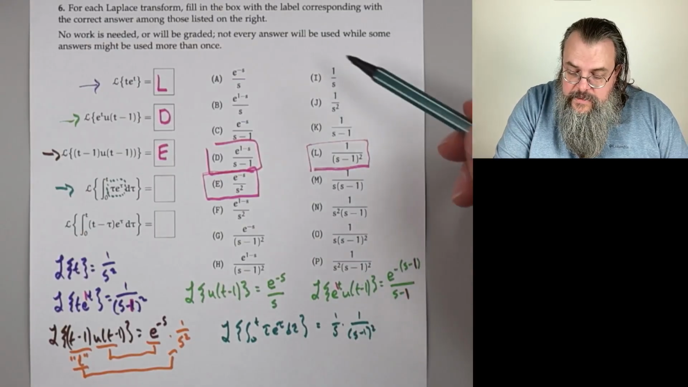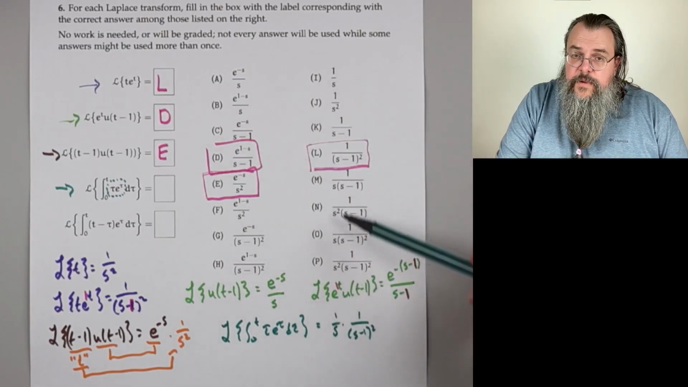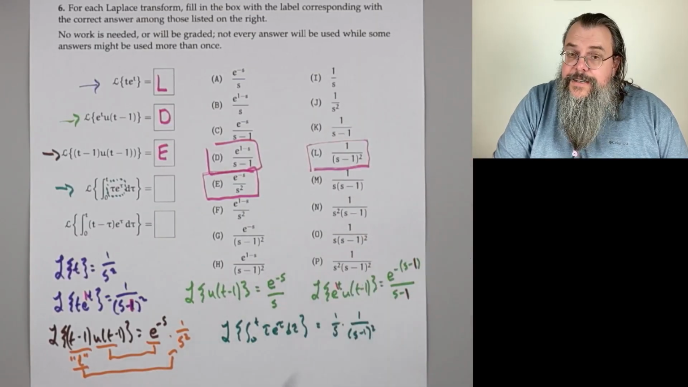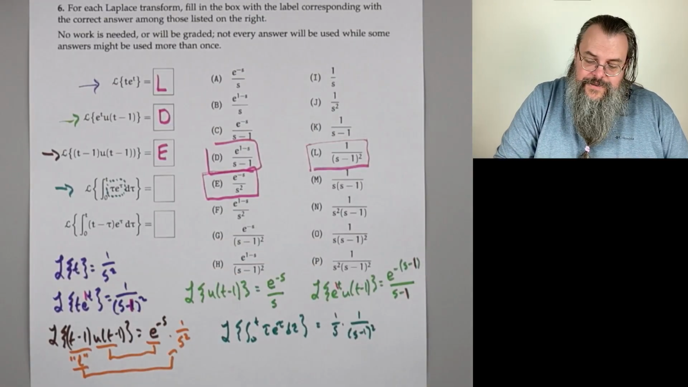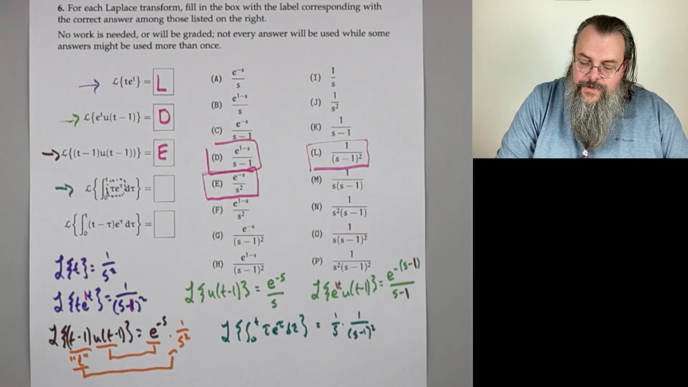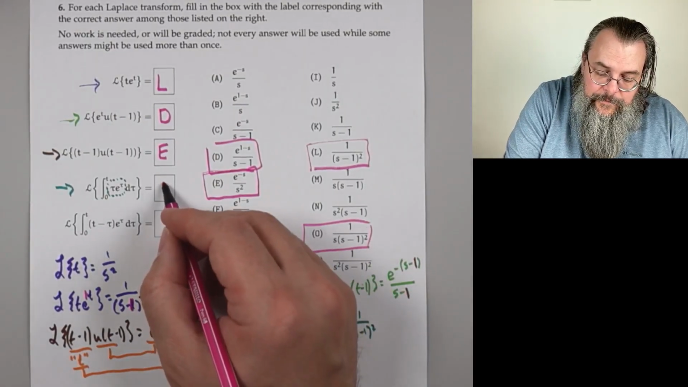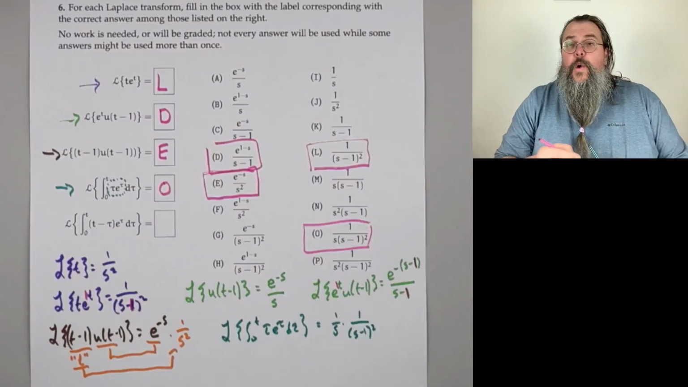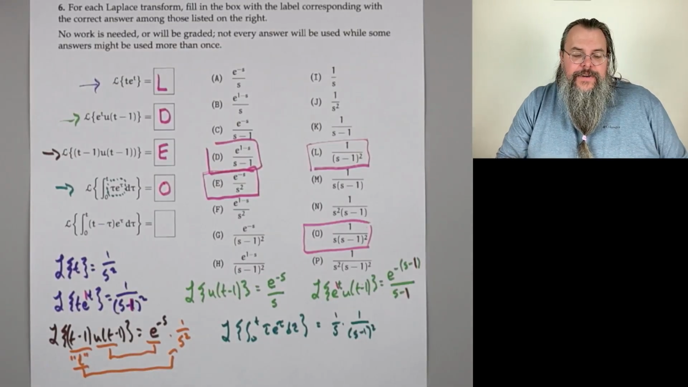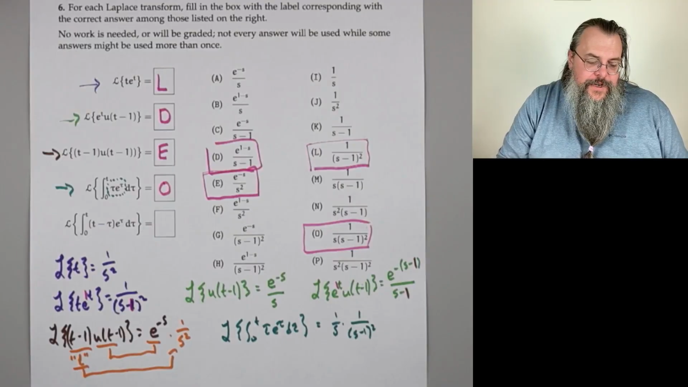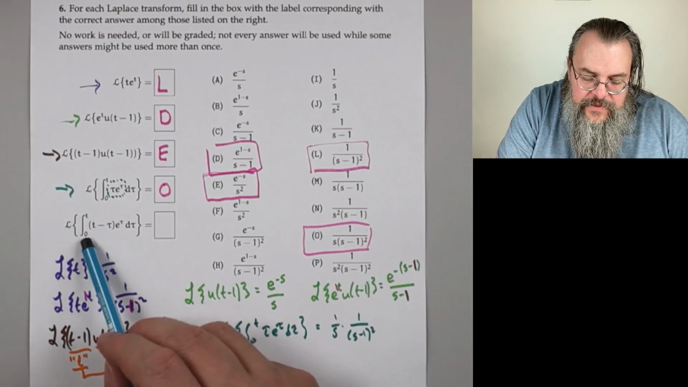So we scan. We say, okay, I'm looking for a 1 over s times s minus 1 squared. That's going to be O. All right, so we found it. Oh, good. Ladio. One more. Okay, so for our last one, now we have an integral from 0 to t of t minus tau